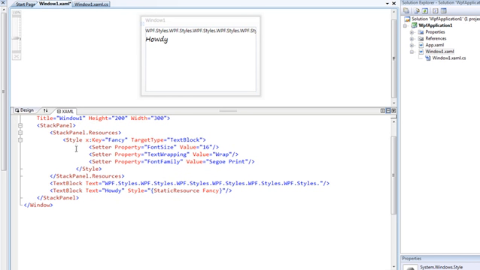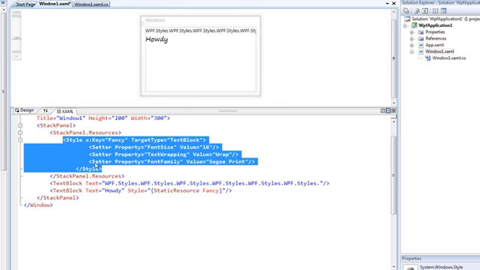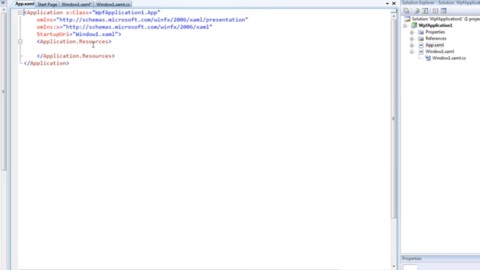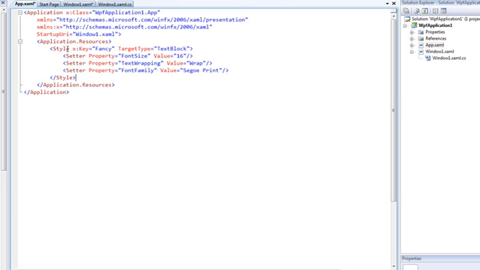Really, when you're creating a whole application, you might have user controls and multiple pages or different windows, and you want them all to share the same look and feel. So it would be nice if you could define styles in just one place, and you actually can very easily. The way that you do that is in the app.xaml file. Now before I go open that up, let's go ahead and copy over this style. We'll use it to save some typing for us. We'll open up app.xaml, and in application.resources, let's paste that in,